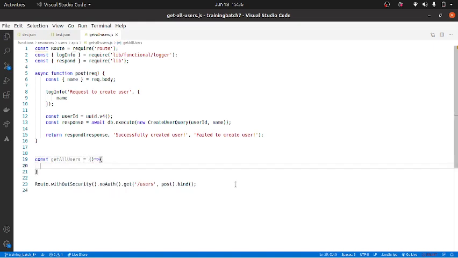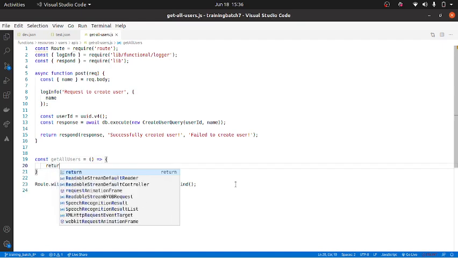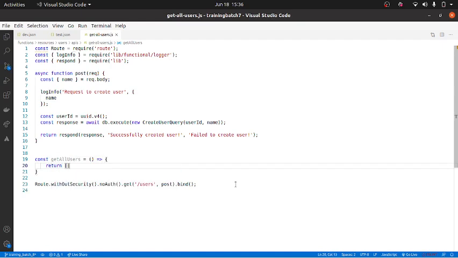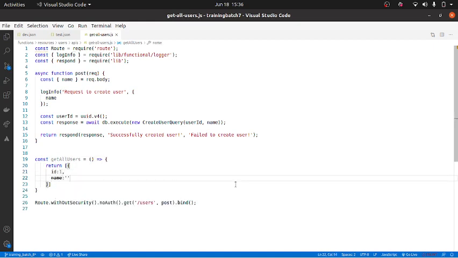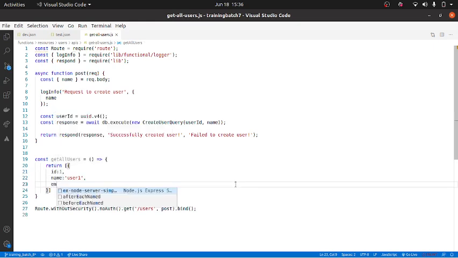Here, instead of reading from the database, I am just returning a hard-coded value. Just returning an array where the ID is 1, the name of the first user is user1, and let us say the email is user1@gmail.com. Similarly,